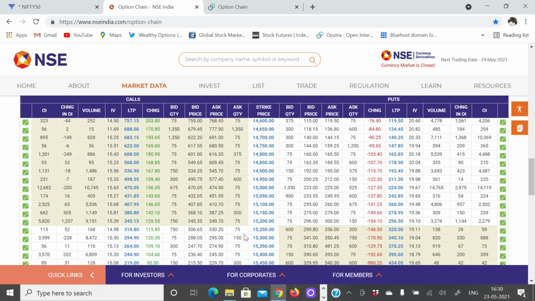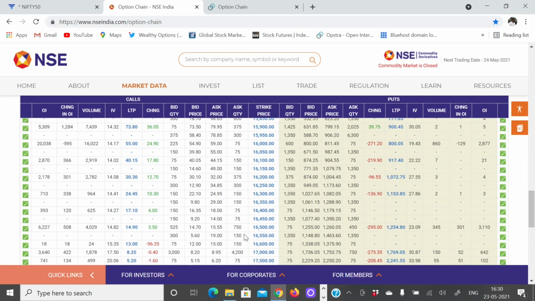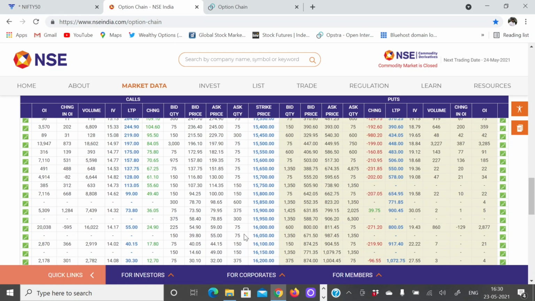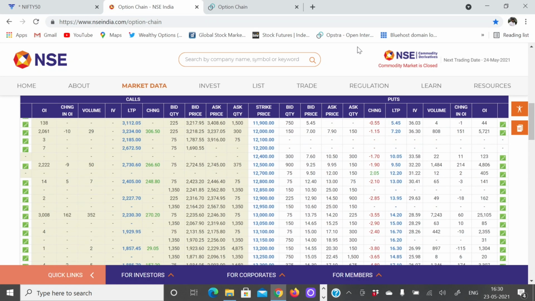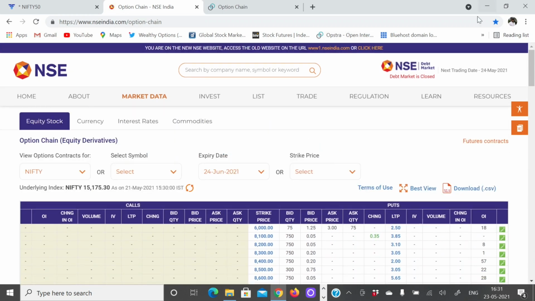But if you go deep OTM or deep in the money, you may not see good liquidity at all. For example, look at 15,850, 15,950. They are hardly trading, in fact, they are not trading at all. Because there is no liquidity, see the difference between the bid and offer prices. There is too much difference. If you place a market order, you will be at a complete disadvantage. And the more you go, for example, let me choose the 4-month contract.